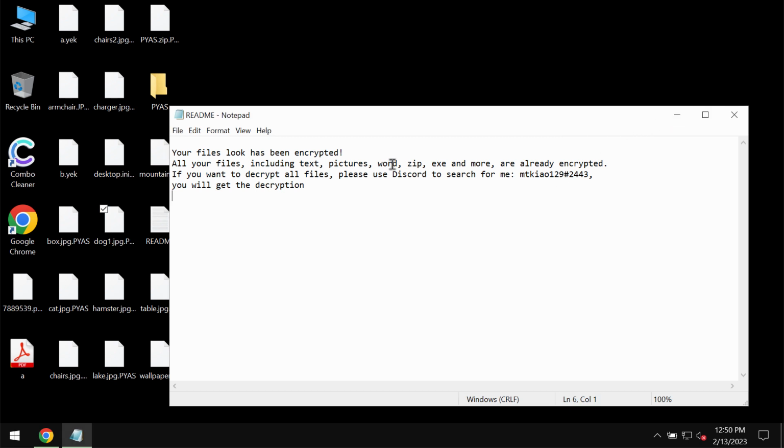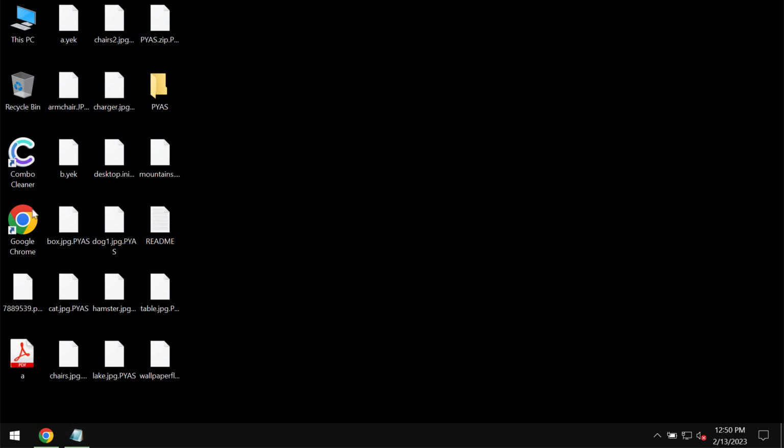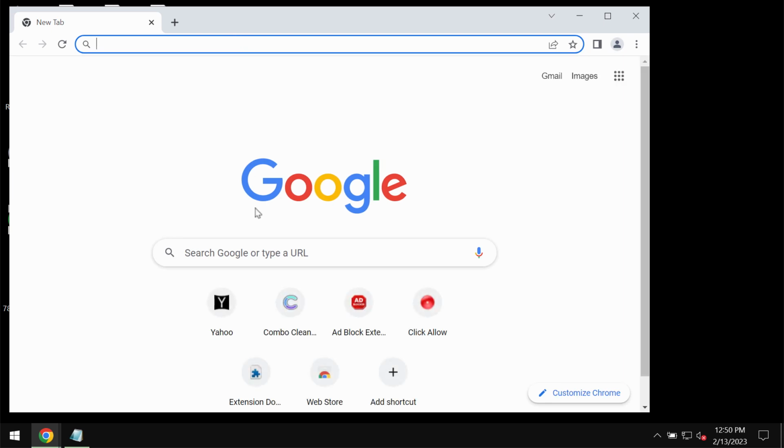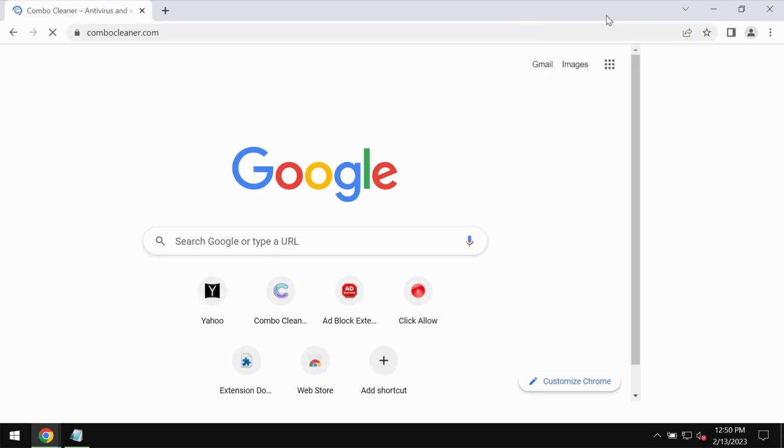The ransomware also drops this ransom note mentioning that the ransom needs to be paid for file recovery. But paying the ransom is not a good idea. This does not guarantee the file restoration. Don't waste your money. We recommend you to remove this ransomware immediately with the help of a reliable anti-ransomware program called